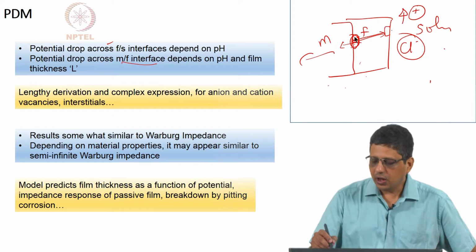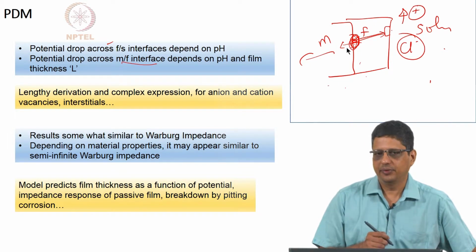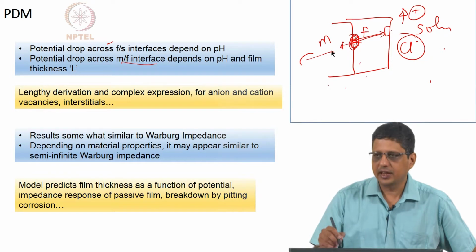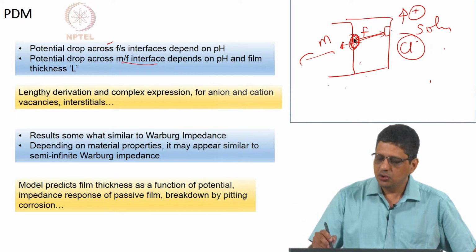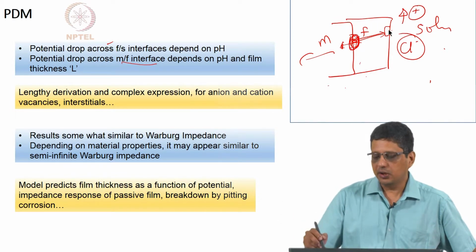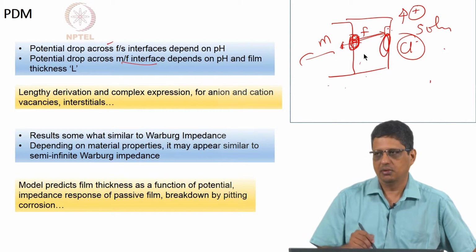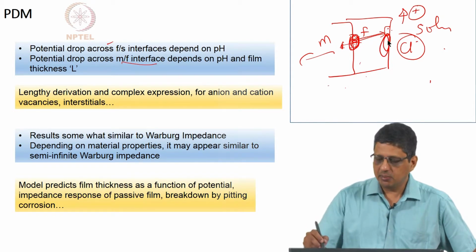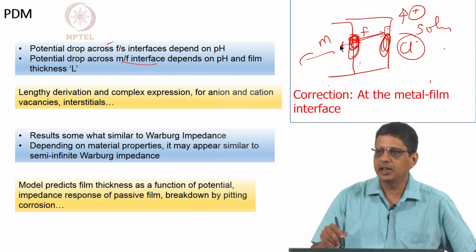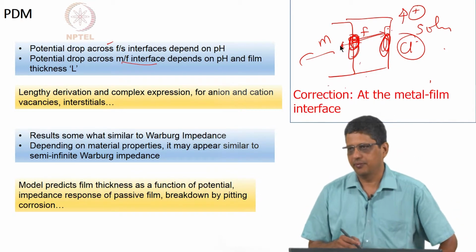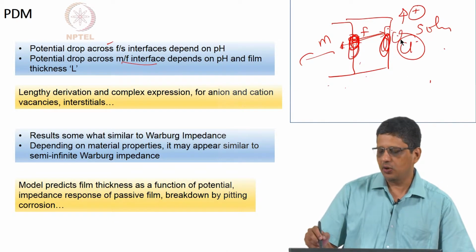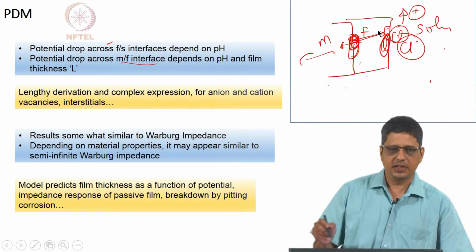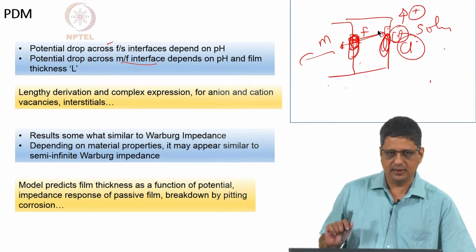Okay. If you have a lot of cation vacancies here and the rate of consumption of the cation vacancies by the metal is not keeping up with the rate of arrival of the cation vacancies, you will have void formation. So, the corrosion does not occur here, meaning it is not becoming a void here, it is actually becoming a void at the film solution interface, and that happens only in some locations, meaning where chloride ion accelerates the formation of cation vacancies. It is not occurring throughout this.